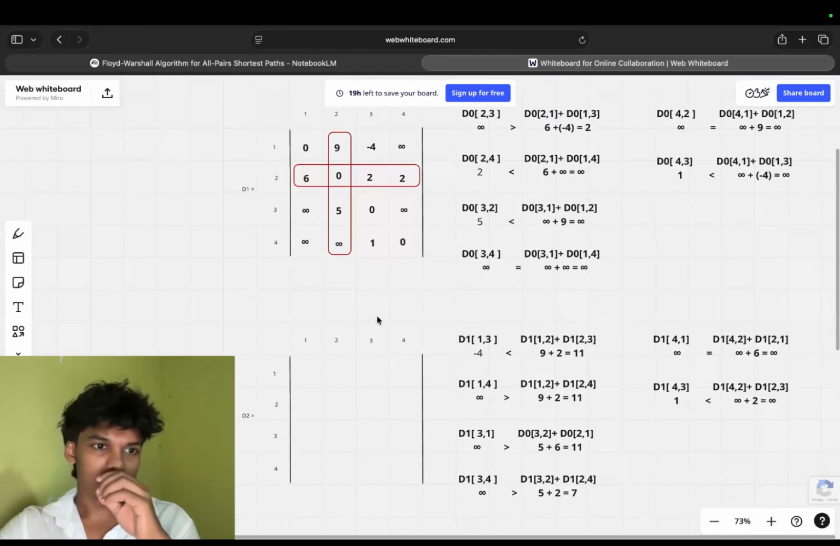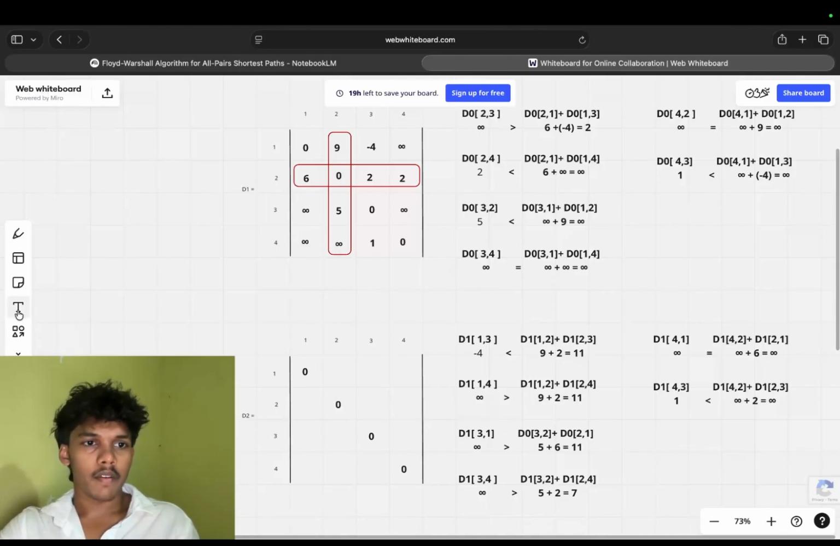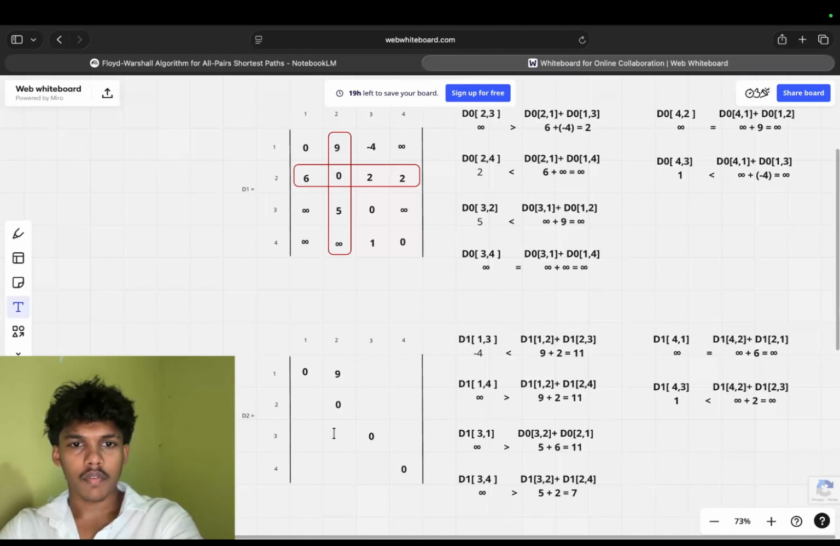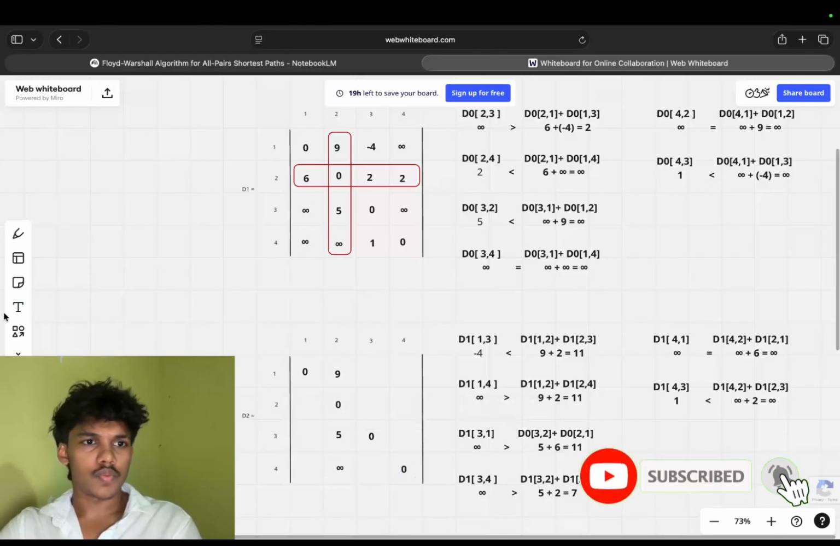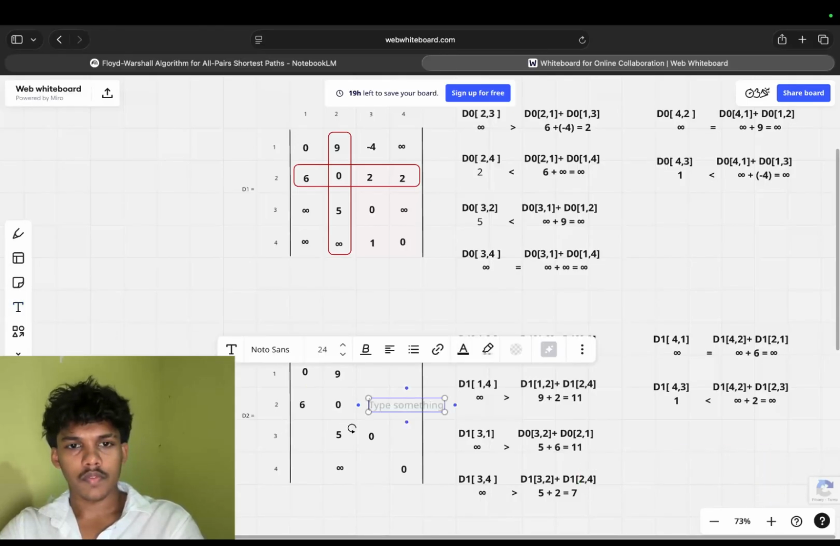Okay, first we will fill out the diagonals. As we know, it's 0, 0, 0, 0. Then we will fill out the working row and working column, which will give us 9, 5, infinity, 9, 5, infinity, 6 to 2, 6 to 2. All right,